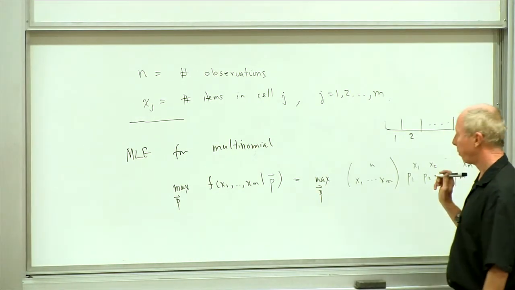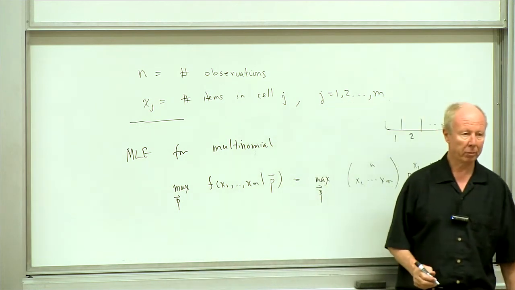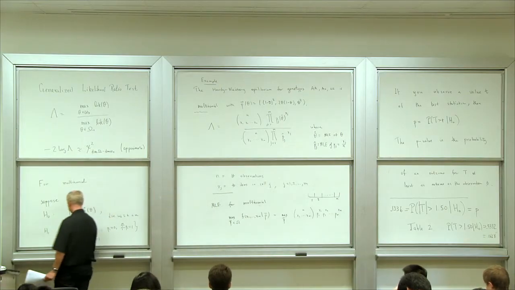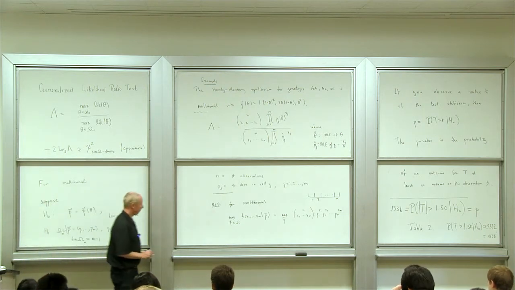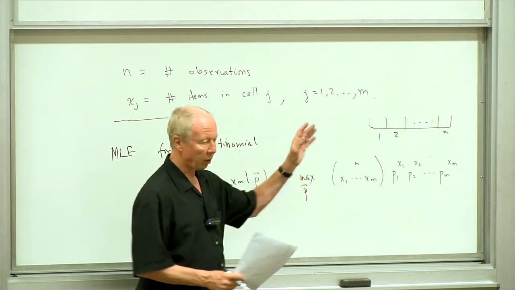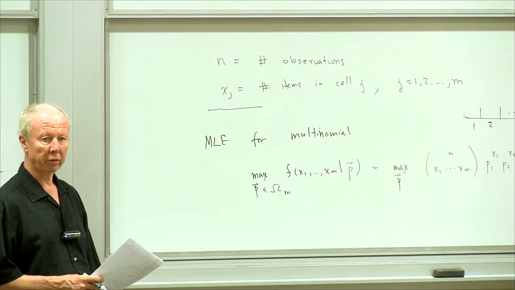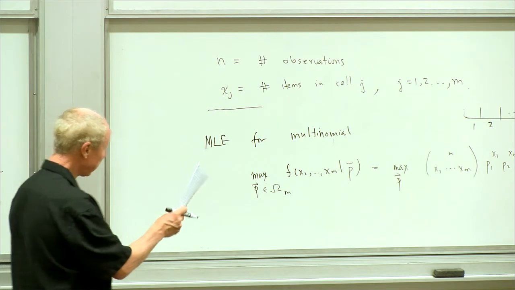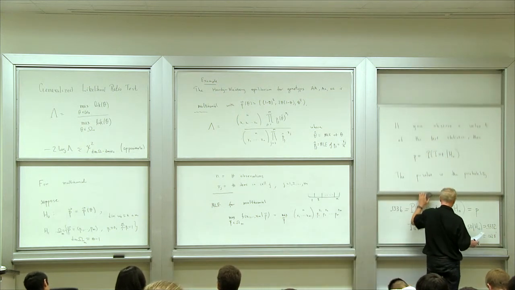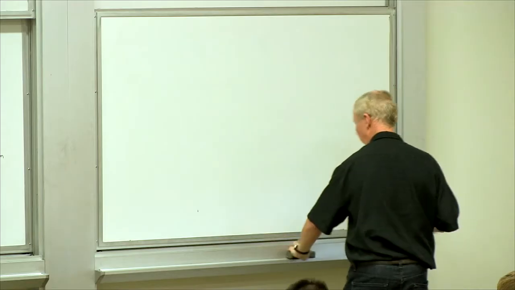So again, we have to maximize over an m-1 dimensional set. What's the m-1 dimensional set? Omega, right? Should I call this omega sub m here? And if we take the log of this and maximize, do we find the same location for the maximum? Yes, because the log is an increasing function. And the log is nice because it converts this awful thing with products into something with sums. So we want to maximize